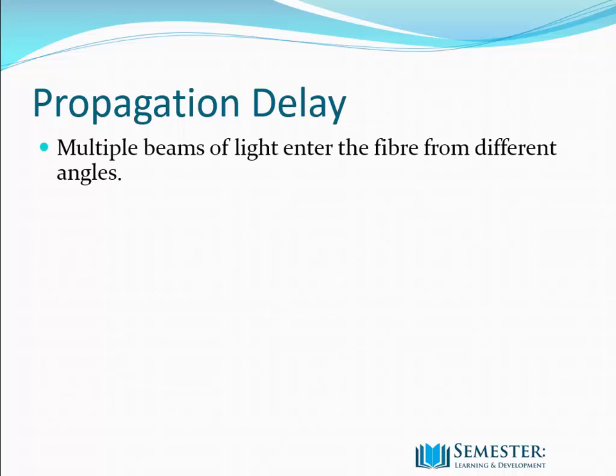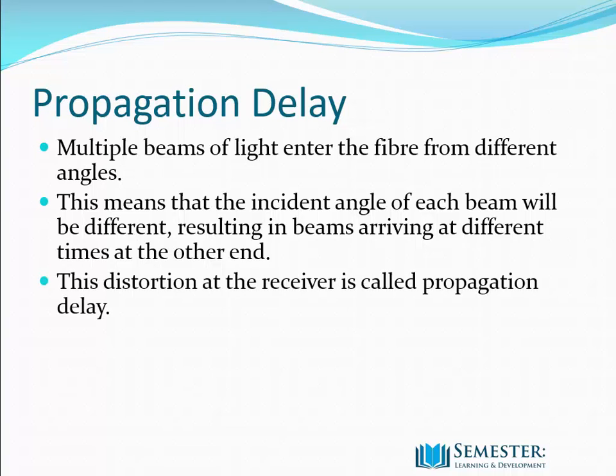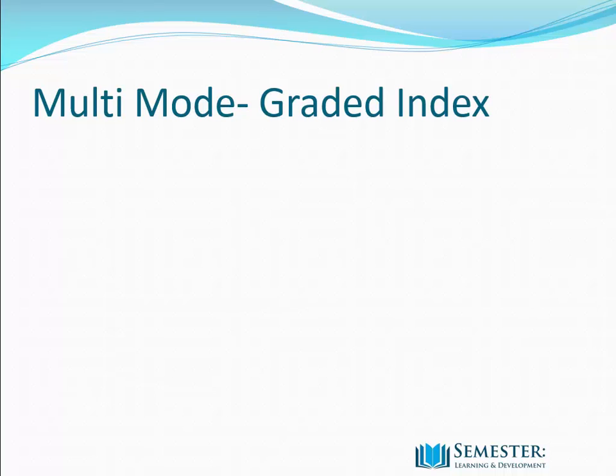This is when multiple beams of light enter the fibre from different angles, and each beam of light will reach the other end at different times. The distortion at the receiver is called propagation delay. And this limits the amount of data that can be sent down this type of fibre. Graded index, on the other hand,